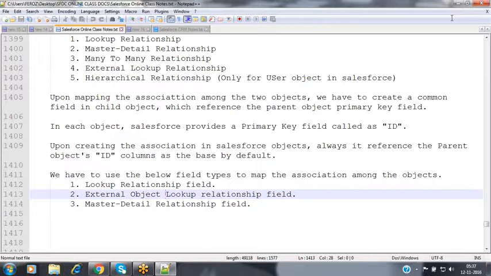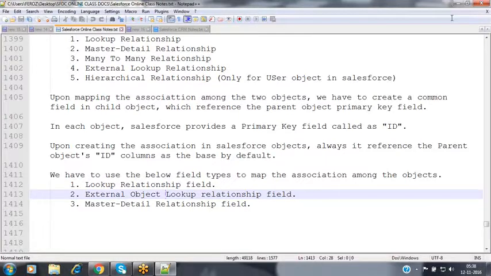But sometimes, when your Salesforce application is integrated with an external system, we have to map the association between one object inside the Salesforce organization and a second object in that other organization. During that time, we have to use the external object lookup relationship. And we also have master detail and hierarchical relationships, all these things.